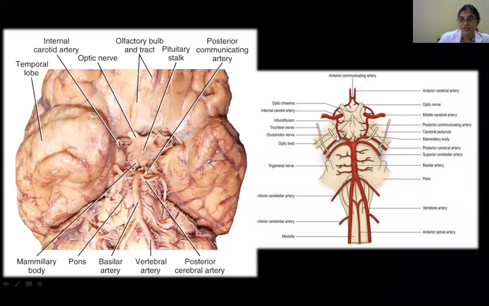This is important because you've got a small space in the skull. You've got brain tissue, nerves, CSF, and blood vessels. If something else grows, then there's definitely compression on quite a good number of structures because so many things are crowded. And just look at the way these structures are so close to each other.